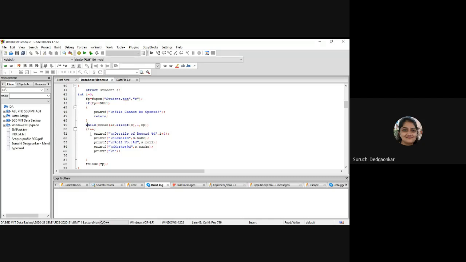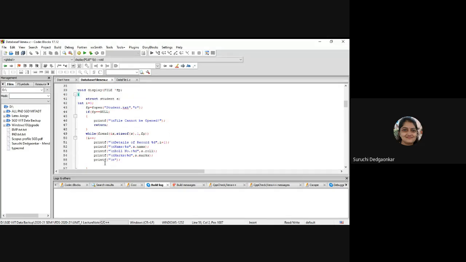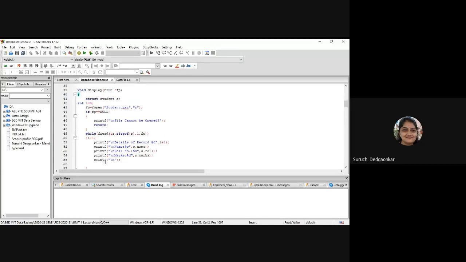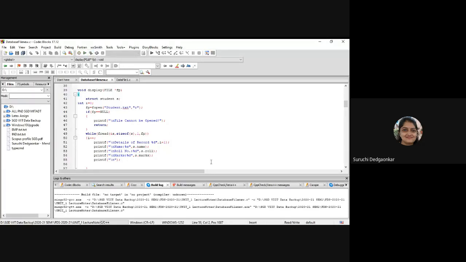All the records will be displayed, and this loop will end when fread is unable to read further, that is, we have reached the end, and then we will close the file. So this is the display function. We will run the program and check whether it is working properly. I'll share the screen.